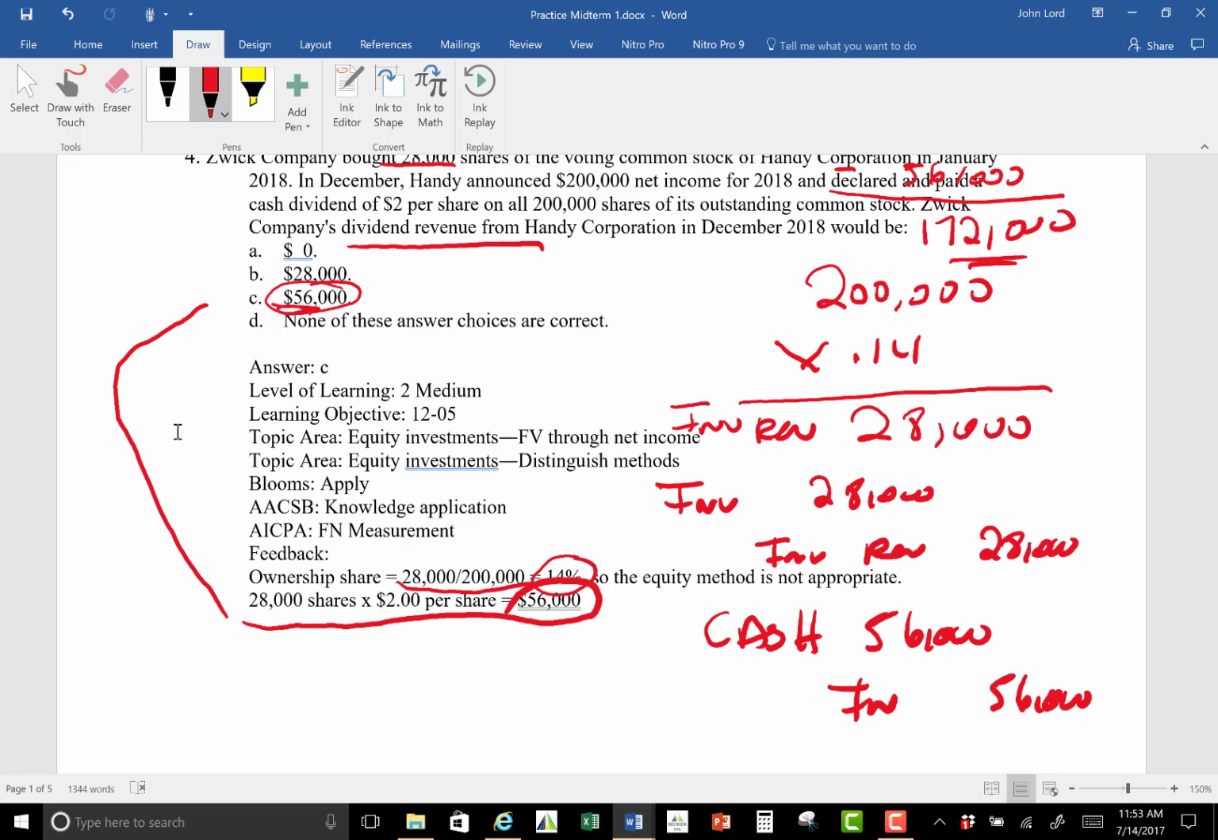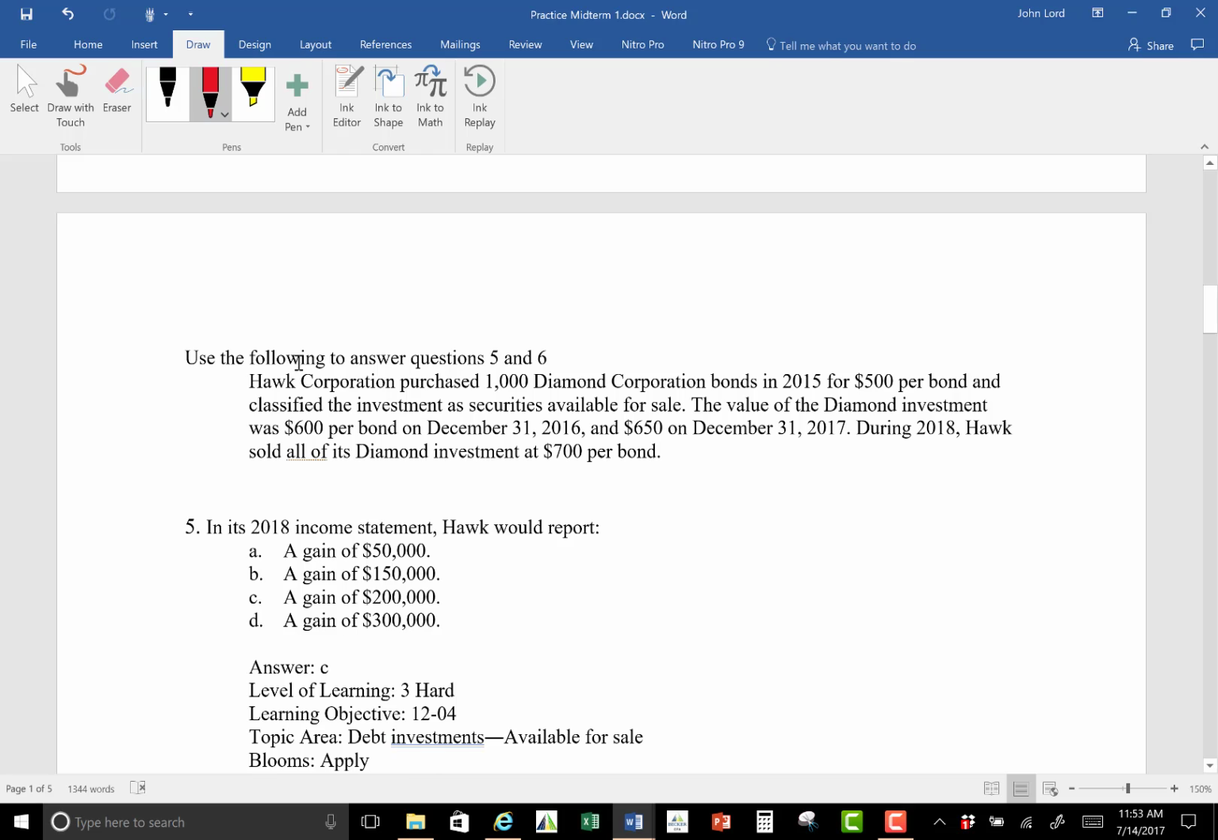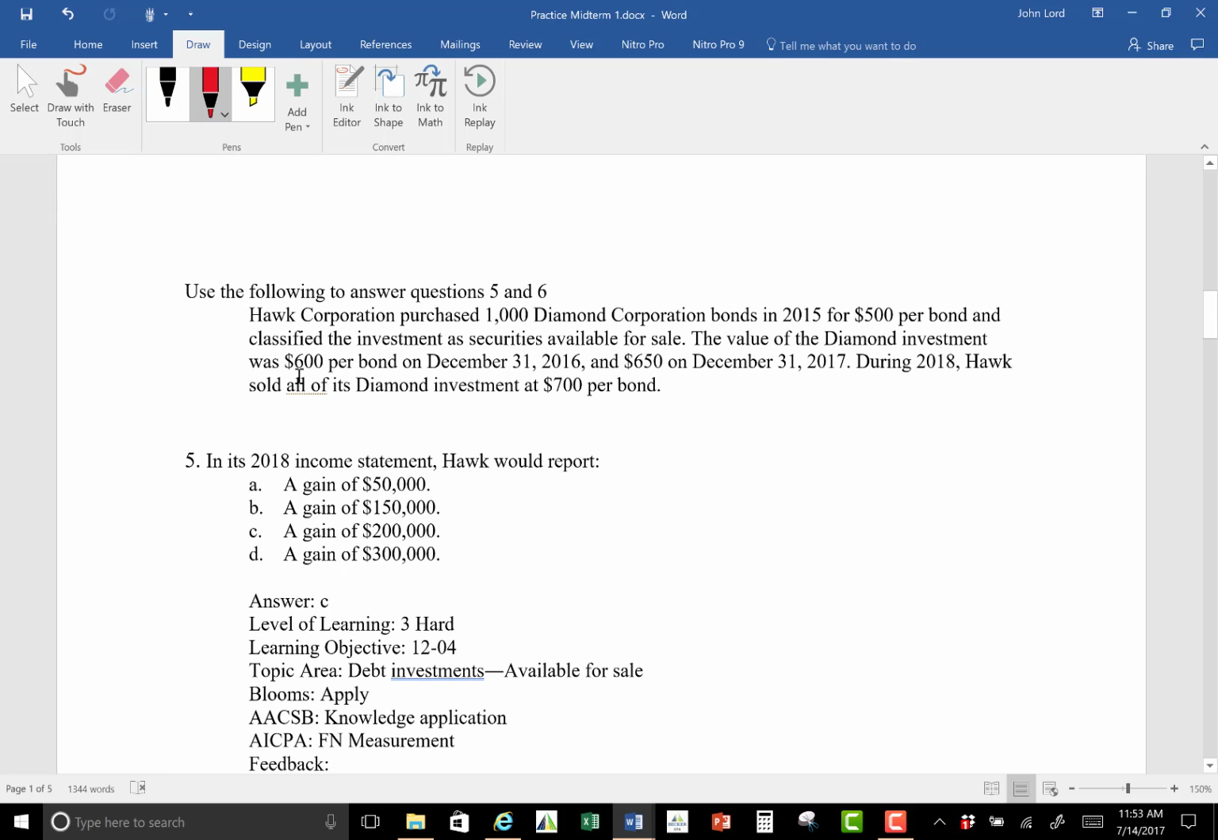It has to be the what? The significant influence and control, right? Okay, good. So we come over and we take a look and we talk about using the following to